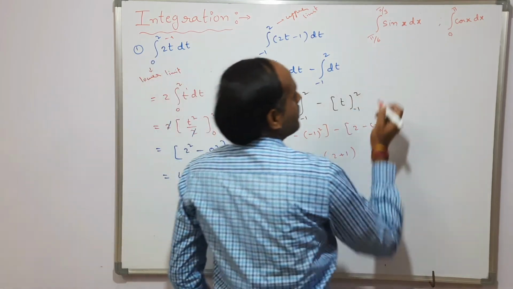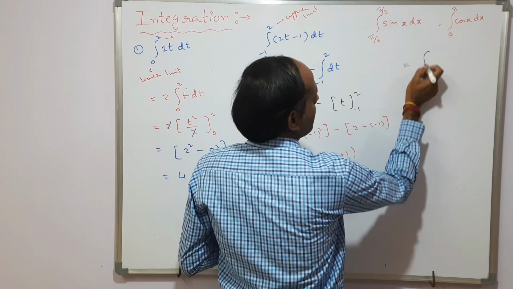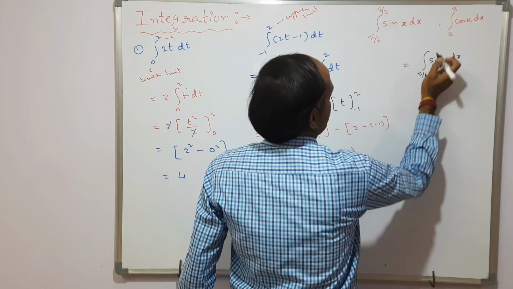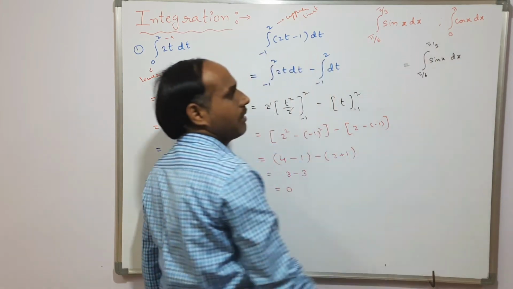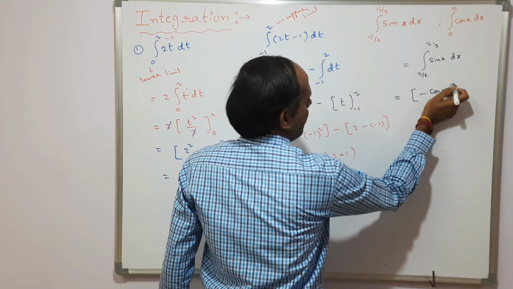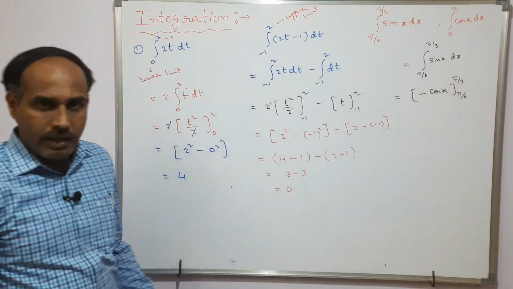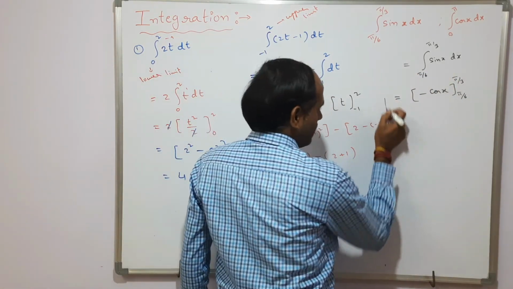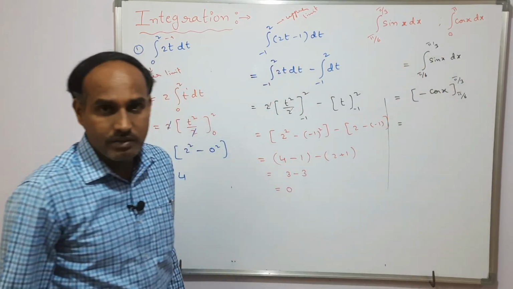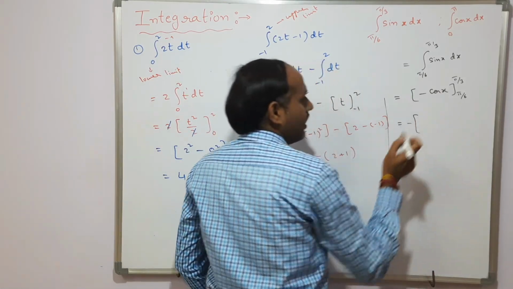So now I am coming to the integral of sin x dx. Once again I am writing here the integral of sin x dx, where the lower limit is pi by 6 and the upper limit is pi by 3. So what is sin x dx? The integral of sin x dx is minus cos x with the limits pi by 6 to pi by 3. The meaning of this is, wherever x is present, you have to substitute the upper limit, minus at the place of x you have to substitute the lower limit. I am taking this minus outside the bracket.